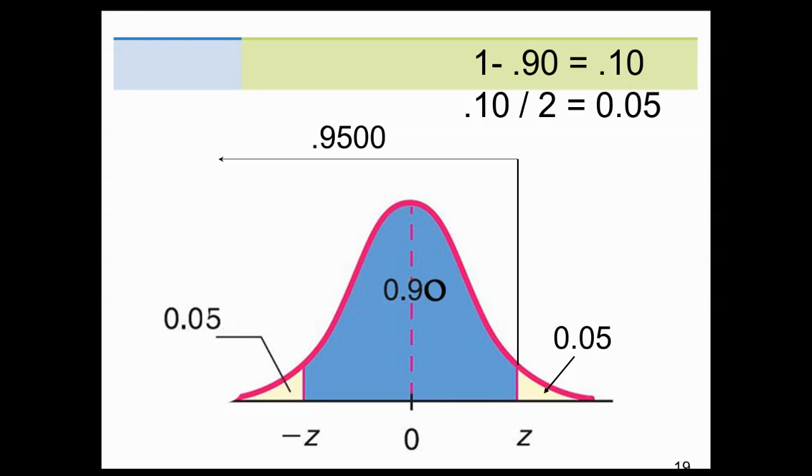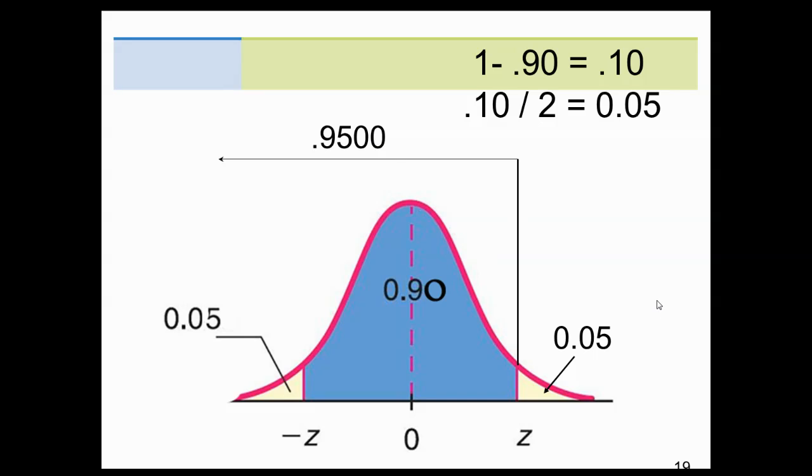So doing it pencil and paper, we want to be 90% confident. This represents 90%, anything in this area here. Well, what's left for the two sections in yellow, so to speak? If this is 90%, there's 10% left, but it's divided equally amongst these two little sections. Half of 0.10 is 0.05, so 0.05 here, 0.05 there. The key thing is to find this z-score, z sub c. The area associated with that is from this vertical line all the way to the left. If I take 0.90 and I add 0.05, that's what I get,